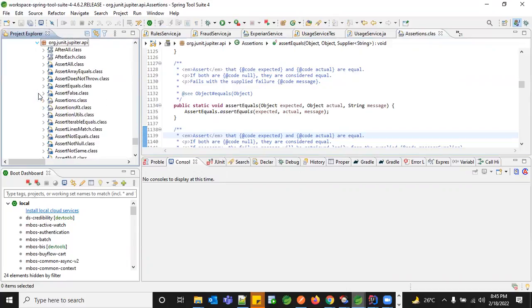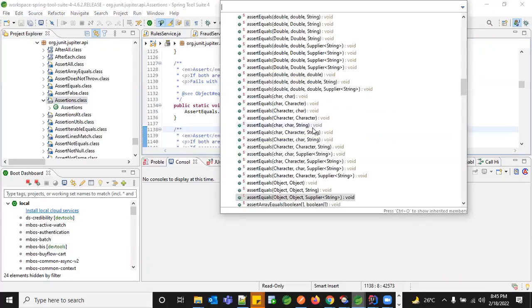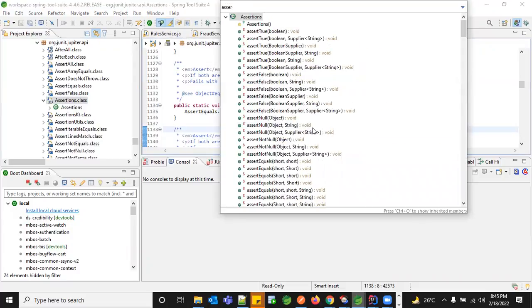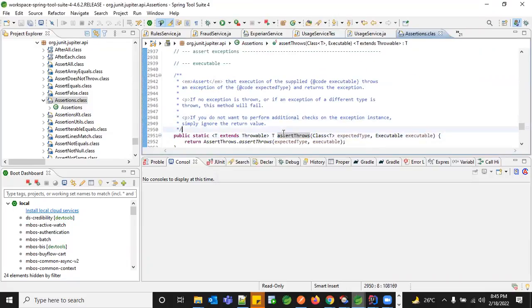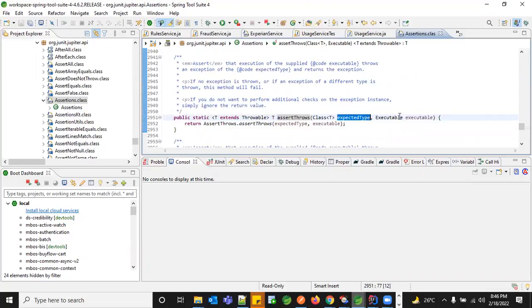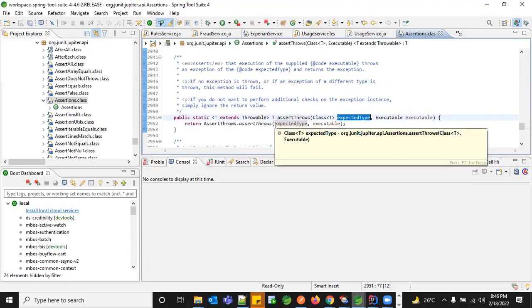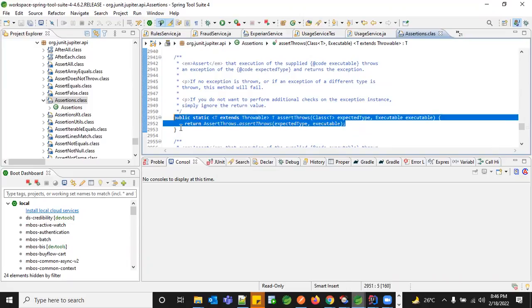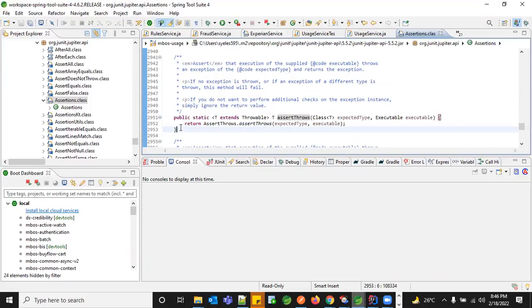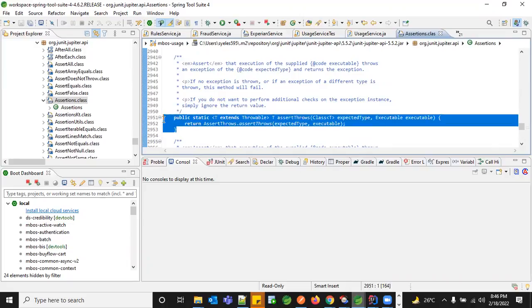So there is one more assertion, assert throws. You have it here? I didn't see it. If you scroll a little below, yeah, scroll below. Yes, assert throws. So this way you can give the relevant expected type, and then you can have the thrown error and compare it. For example, if you get a null pointer exception, you don't want to execute the entire piece of code. It should halt on the first line itself. In that case, you can just use assert throws, and then you can stop your piece of code so that it won't go to the next line of code. Those kinds of things you can also evaluate in your test cases.